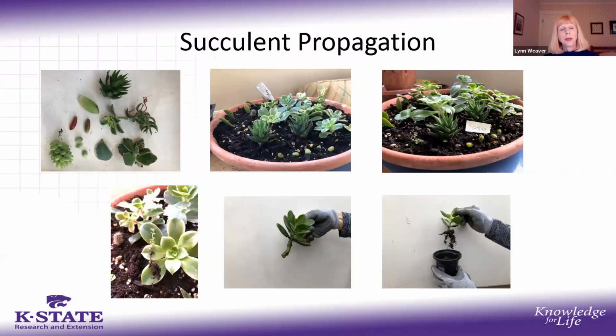Well, I don't know about you, but I don't have any sterile conditions in my house. So let's talk about some things that we can propagate. I visited my sister last January, and she loves succulents. So we just went around and took off parts and pieces of different succulents. I brought those home and put them in a saucer of moist potting soil.